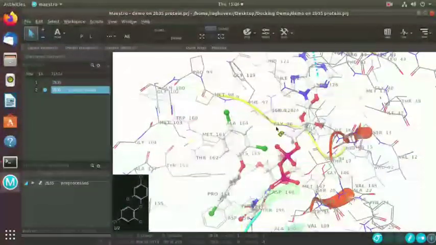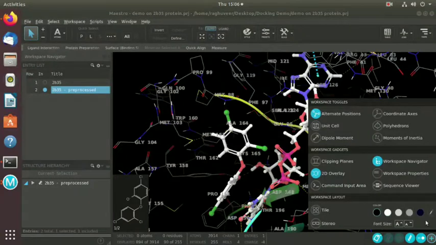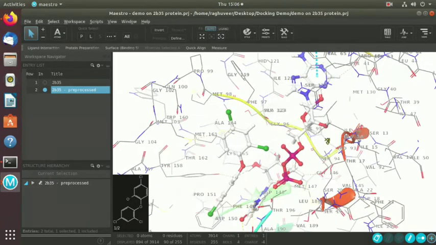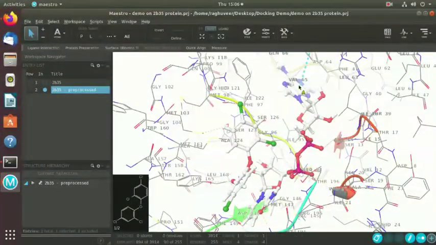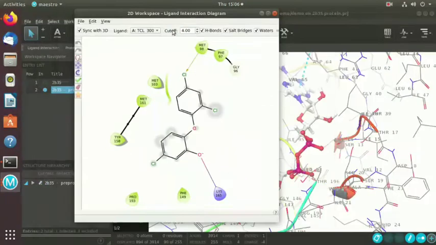If you want to change the color of the background, we can change it to black or any color, whatever you require. We can observe the NAD is present here, and this green colored ligand is triclosan, and on the right side is the NAD. So the co-crystal is nothing but triclosan. For this co-crystal, we can observe the 2D interactions here.